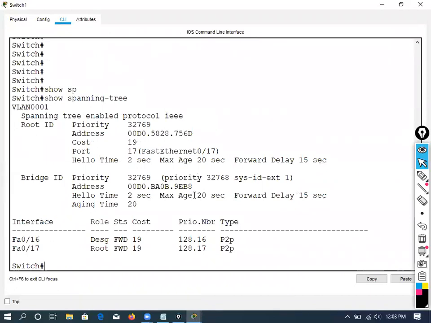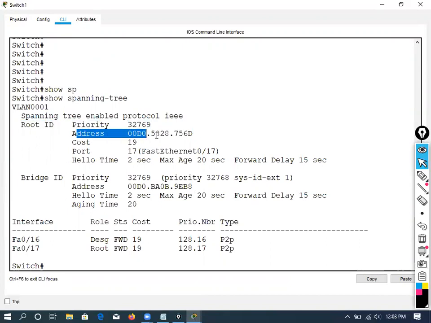Show spanning-tree command. Have a look here. Show spanning-tree VLAN 1, because by default we have only one VLAN. Spanning tree enabled protocol IEEE. Root ID. What is this root ID? It means root switch. It is saying that our root switch priority is 32769.